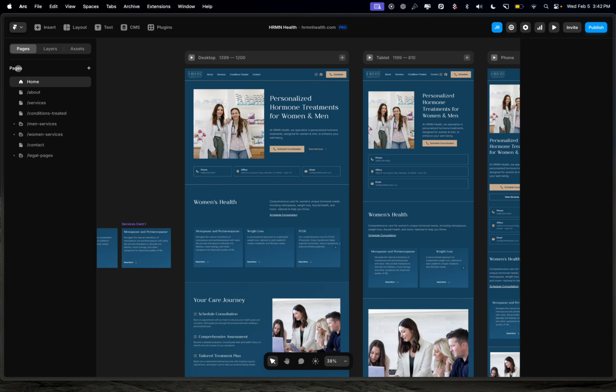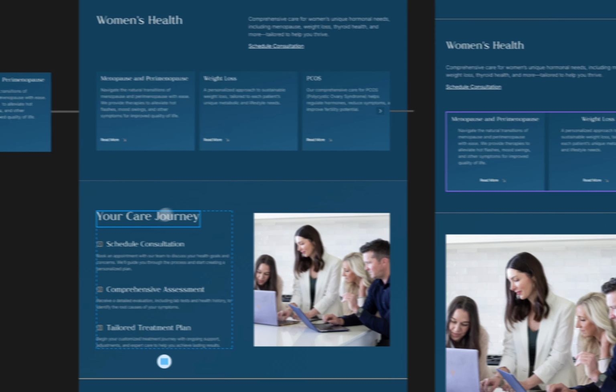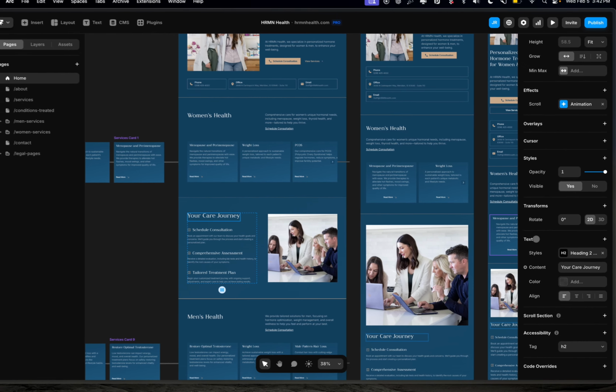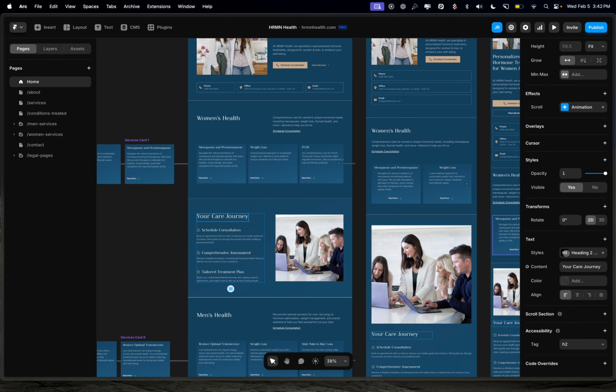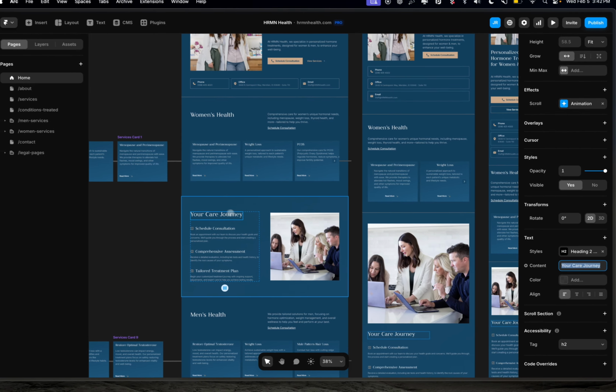I guess I'll get started with how to navigate each page, and the way it's designed is going to be over here on the left side column. And then any sort of detail, you'll notice that things highlight as soon as you hover over them, all of the intricacies of the sections that I designed. If you'd like to change anything, it'll be over here on the right. So it'll let you know that it's styled using headline 2,